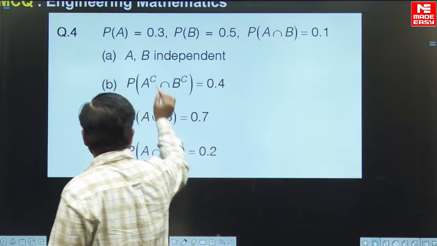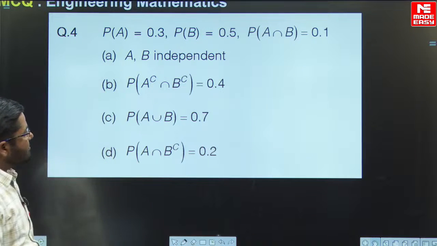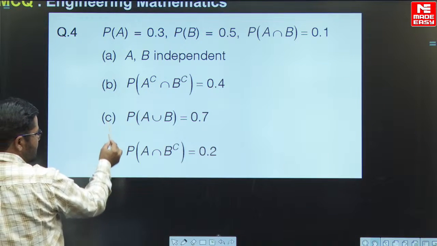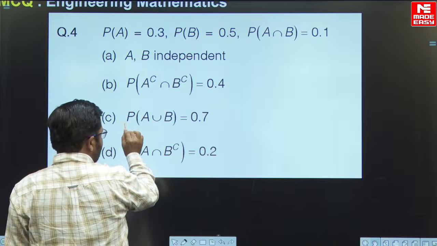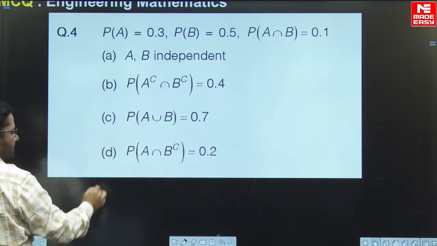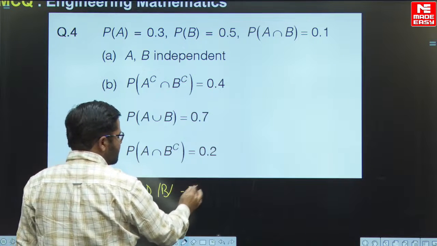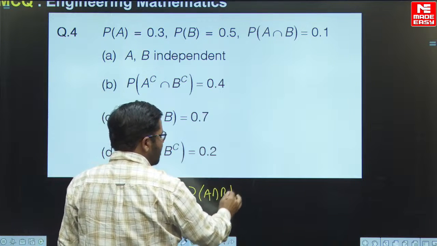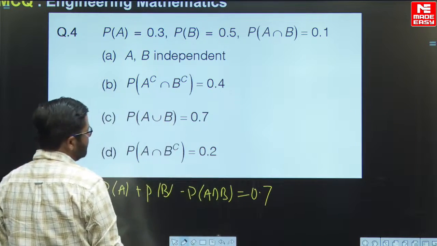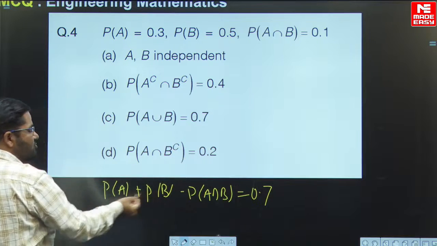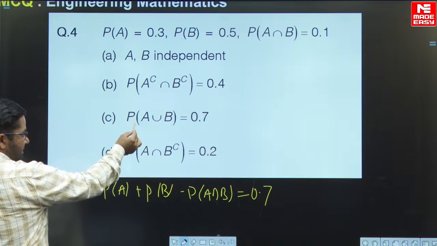मूविंग ऑन टू नेक्स्ट वन, प्रोबेबिलिटी का फिर से एक क्वेश्चन आ गया। प्रोबेबिलिटी ऑफ ए इज 0.3, प्रोबेबिलिटी ऑफ बी 0.5 और ए इंटरसेक्शन बी की प्रोबेबिलिटी 0.1। देखो ऑप्शन सी, ऑप्शन डी से चेक करते हैं। कह रहे हैं फाइंड द प्रोबेबिलिटी दैट ए यूनियन बी इक्वल्स टू 0.7। बेटा एडिशन थ्योरम, प्रोबेबिलिटी ऑफ ए प्लस प्रोबेबिलिटी ऑफ बी माइनस प्रोबेबिलिटी ऑफ ए इंटरसेक्शन बी इज इक्वल्स टू गिवन एज 0.7। क्रॉस चेक कर लेते हैं क्या ये 0.7 आ रहा है।